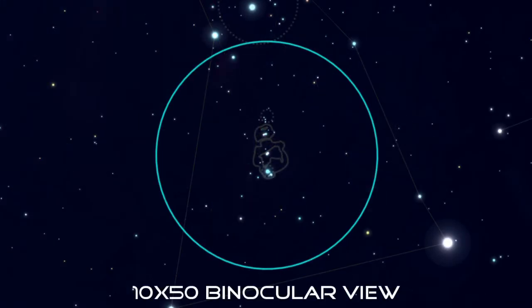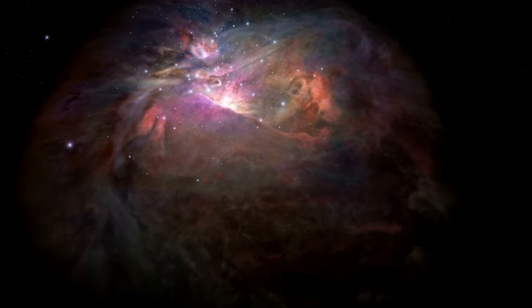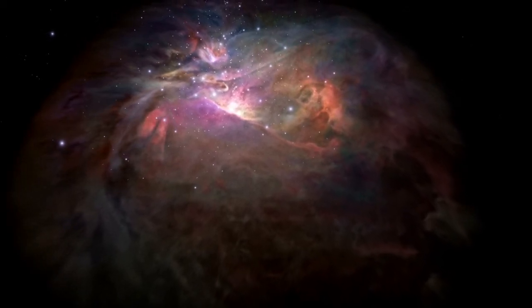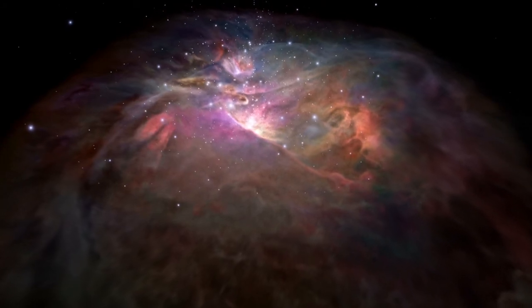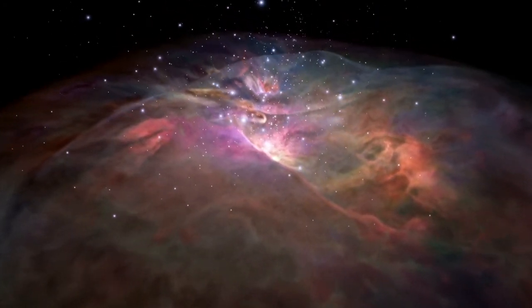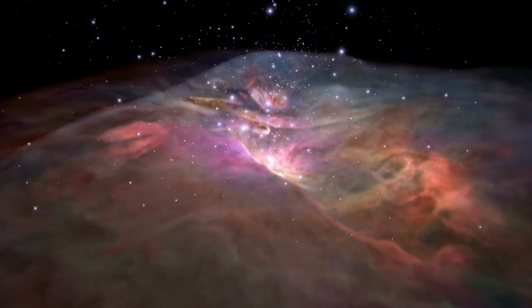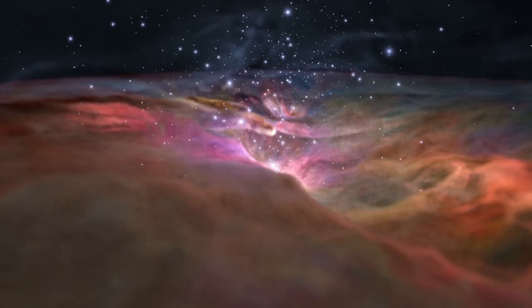Binoculars will show a small misty patch, with a couple of tiny stars visible in the center. These stars are part of a star cluster known as the Trapezium, a group of small stars that are actually being born within the nebula. You'll get a better view through a telescope, with even a lower magnification providing a spectacular view. You should easily be able to see the 4 brightest stars of the Trapezium and some subtle markings within the